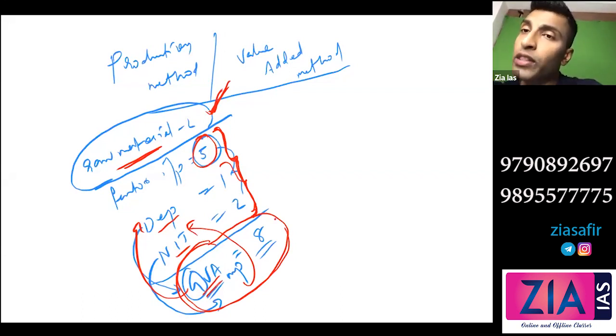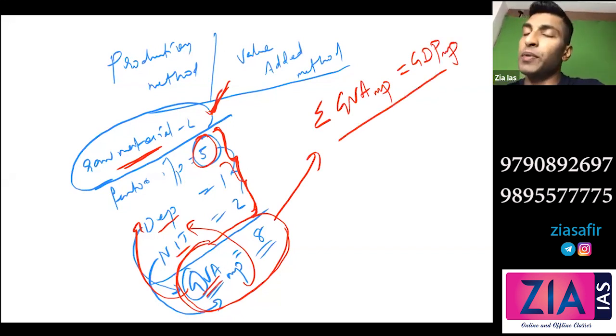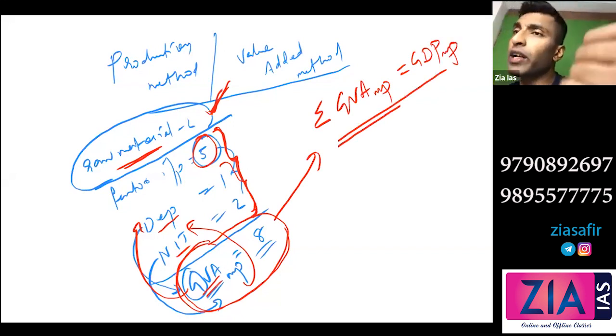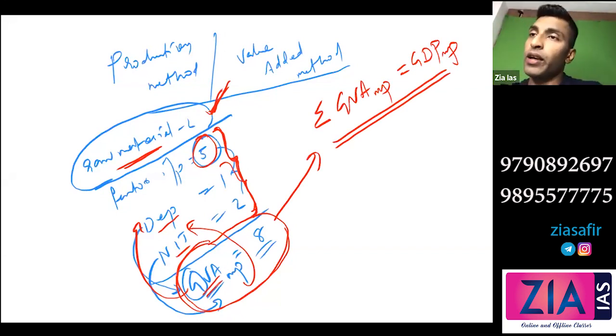Now, similarly, all the firms, as you have written in the definition, you will add all the value added. So can I say gross value added? Let's put the sigma symbol. So gross value added at market price you will get. That is your GDP at market price. GDP market price means the total value addition of all the firms, of all the production. Okay, so you got GDP MP now.